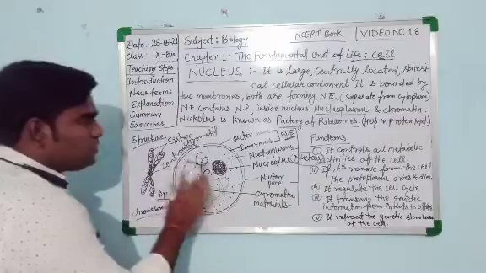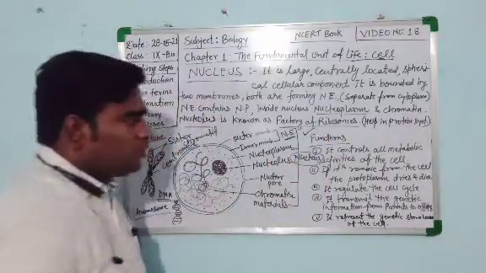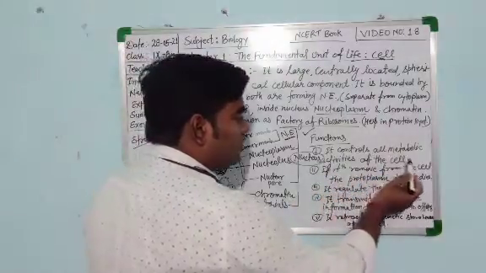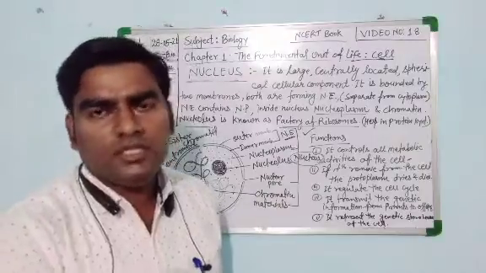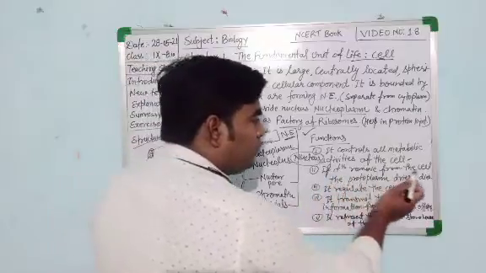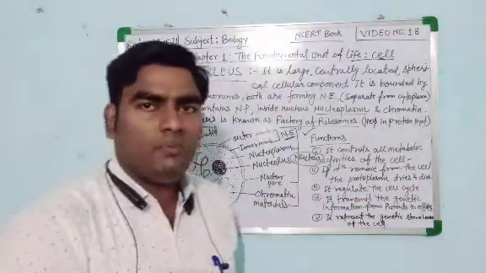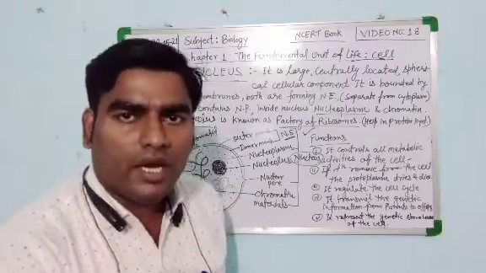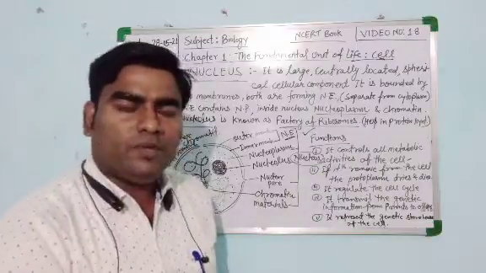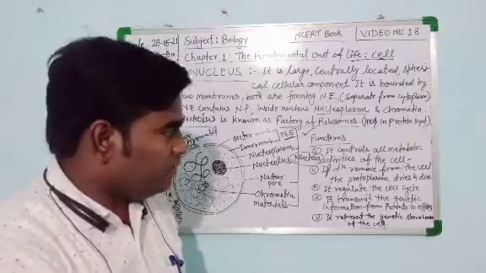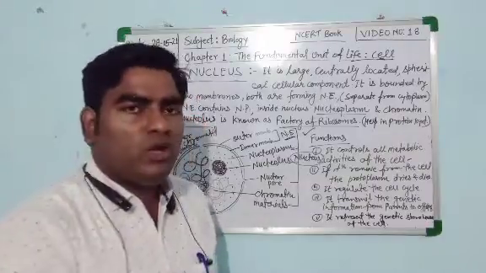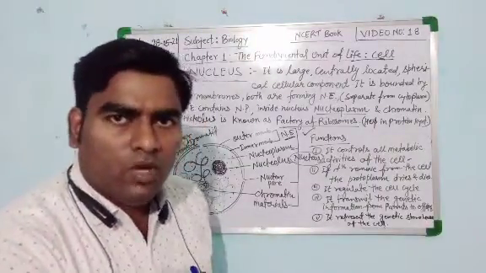Now see what is the function of nucleus. Nucleus is a very important cellular component. It controls all the metabolic activity of the cell. Nucleus is the mastermind of the cell. If it is removed from the cell, the protoplasm of the cell becomes dry and the cell dies. अगर न्यूक्लियस को सेल के अंदर से निकाल दिया जाएगा तो सेल का जो प्रोटोप्लाज्म है, जो साइटोप्लाज्म है, वो सूख जाएगा और सेल बिकम डाई, सेल की डेथ हो जाएगी। Because the nucleus controls all the metabolic activity, all the metabolic function of the cell.